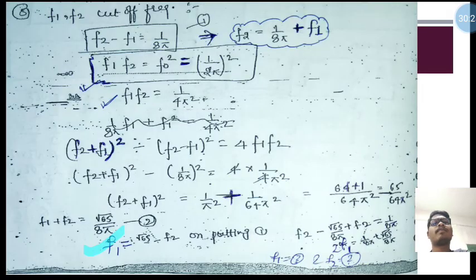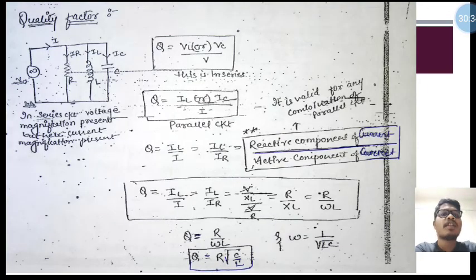So if you don't understand, then please ask me in the comment section, then I will clarify your doubt. Okay, so now come to the quality factor of parallel resonance circuit that was left from this video. So this is the voltage source, and this is resistance, inductance, capacitance. Three elements are connected in parallel connection, and current gets distributed in each element, and the total current is I. So quality factor is equal to reactive element divided by total, that is VL or VC divided by V. We can know this quality factor from series resonance circuit also.